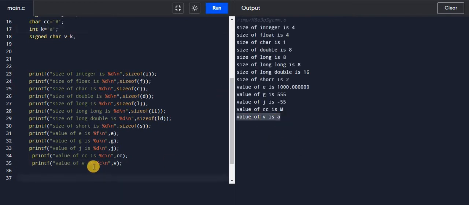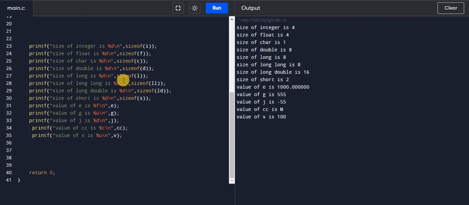If I change the percentage c, here, the format specifier for v, because I want to find the ASCII value of a, so here we have to change the percentage specifier to u or d. If I change to u, it will give the ASCII value of a, that is 97. If I give here d, the ASCII value of d is 100. It will give 100.